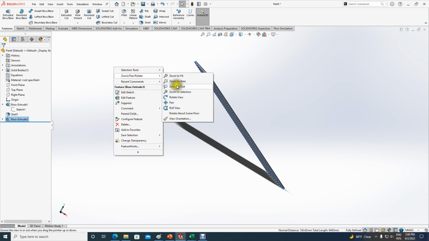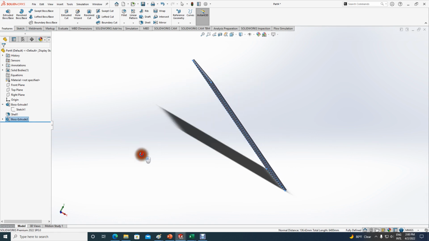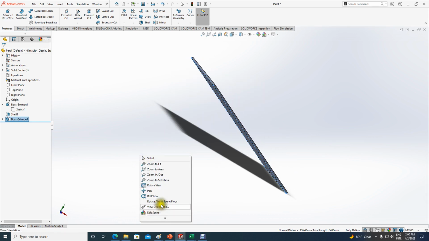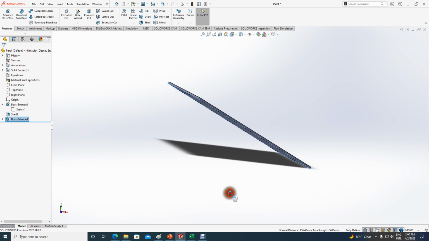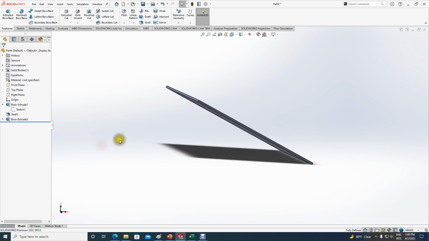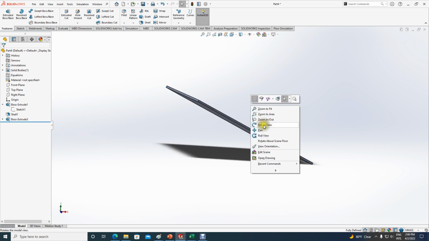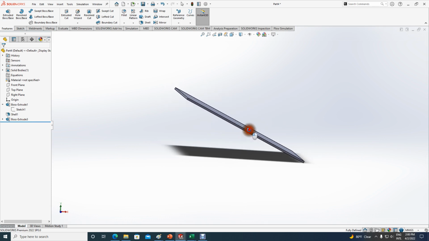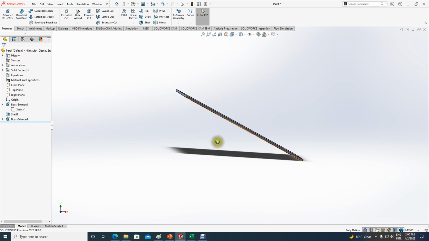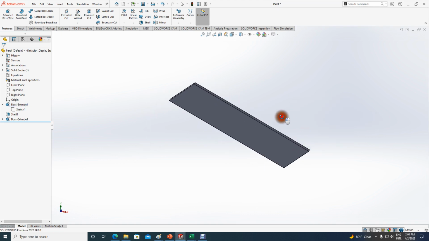Let's see, everything should be sealed. Yep, everything is sealed, but it's hollow. The internal is hollow. So what we need to do is now go back here. Oops, that's not it. Rotate a little bit, go back here again, and do